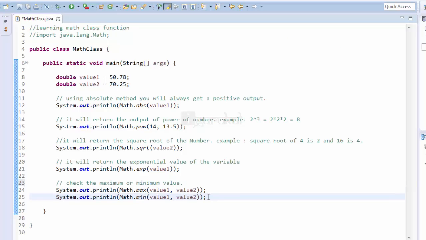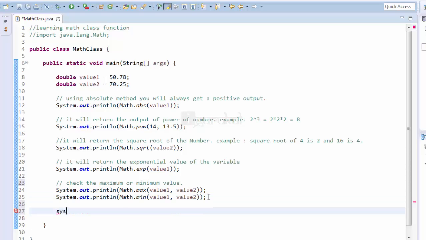So you might be thinking now where you will be using these methods. It might seem simple to you, but you can use these methods in the programs or the projects you will be creating later on. Our next method is of random number,